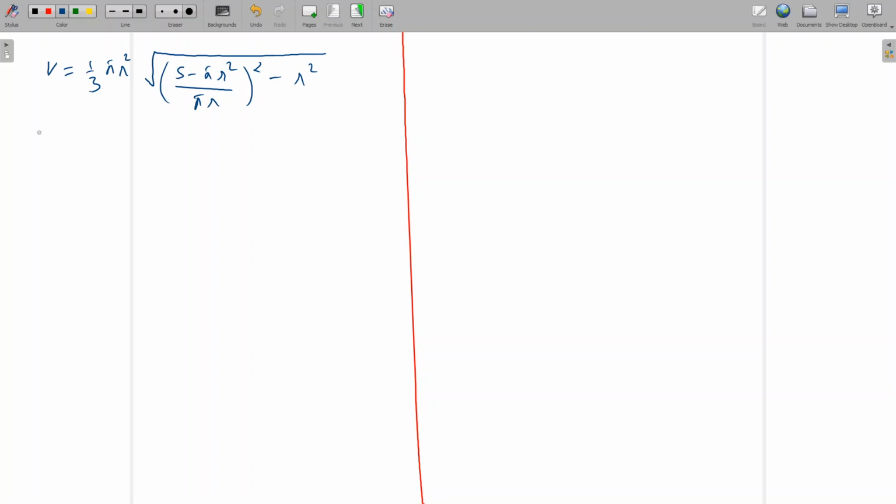Now we know that for finding maximum or minimum, we have to first of all find the